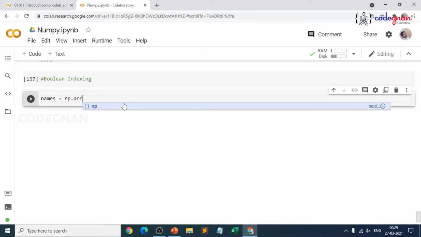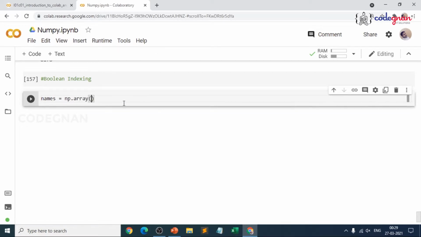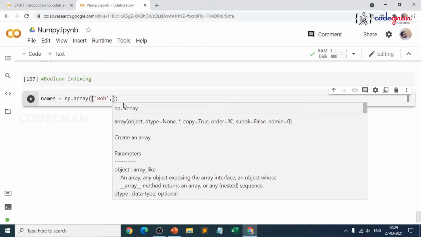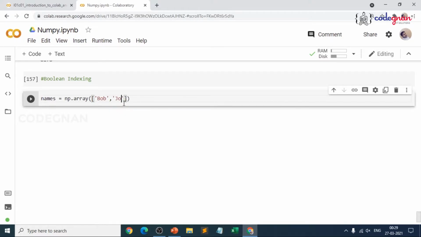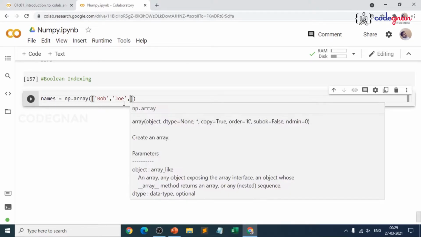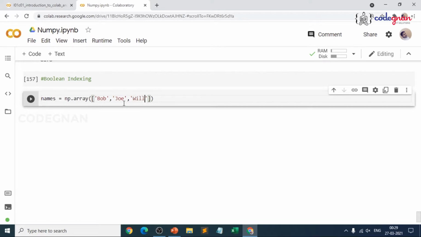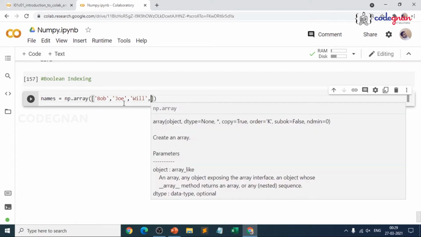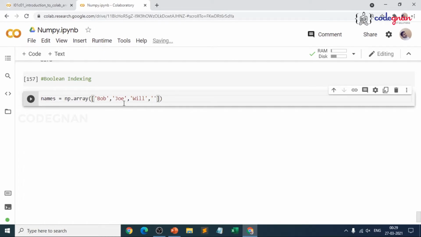So first I'll define np.array of, and I could give some duplicate names, because if you don't give duplicate names, you can't understand the difference. How do you refer to each and every row? That is the reason. Make sure you need not give the same names. I'm giving some names which are well known to everyone: Bob, Joe, Bob the Builder. You see the cartoon? Yes, that is the reason I am giving it.